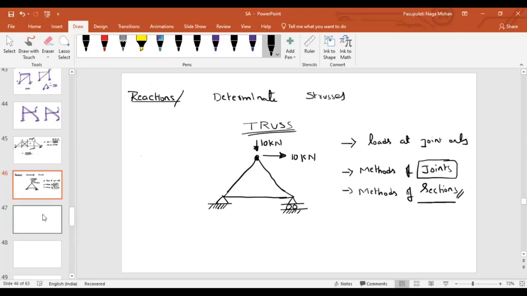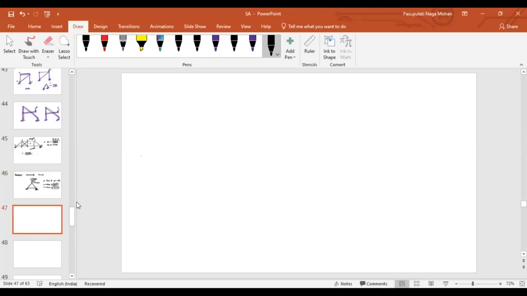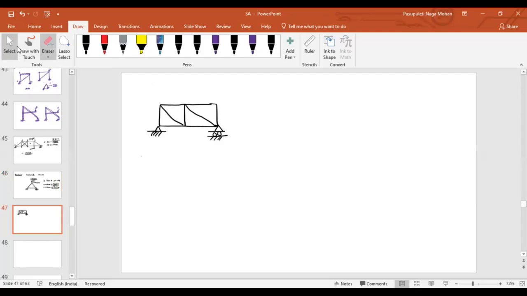I will just explain with a simple example instead of the problem that I have shown you. Let me clarify it a little bit more. If you are designing a truss, obviously I agree that you have to find out, or you should know, what forces are acting in each and every member of the truss. But